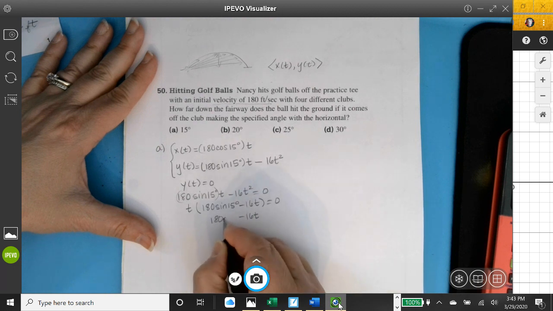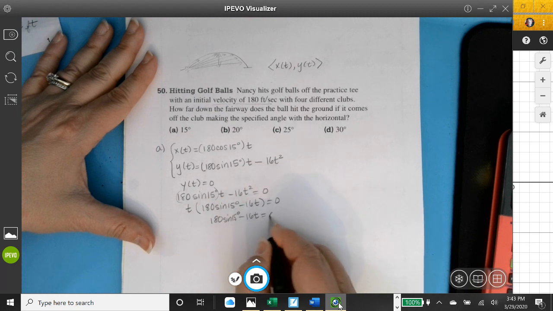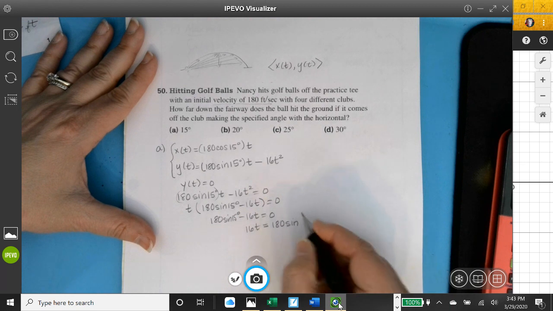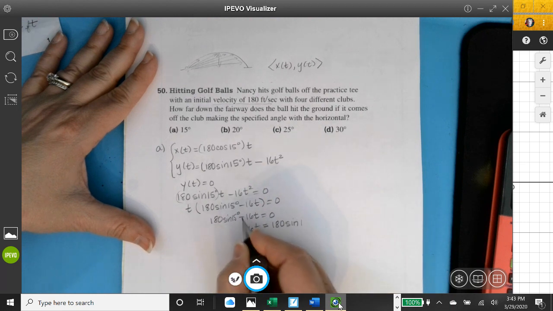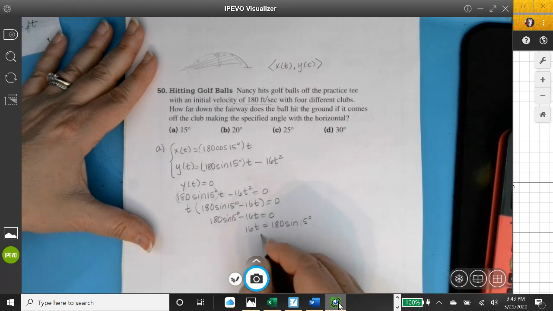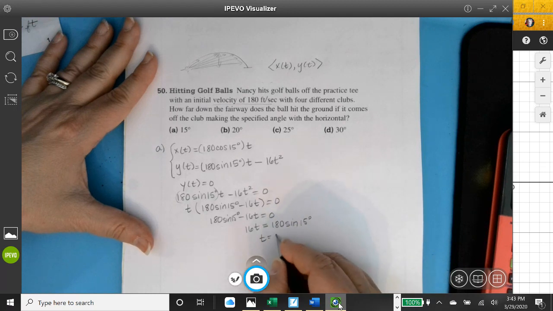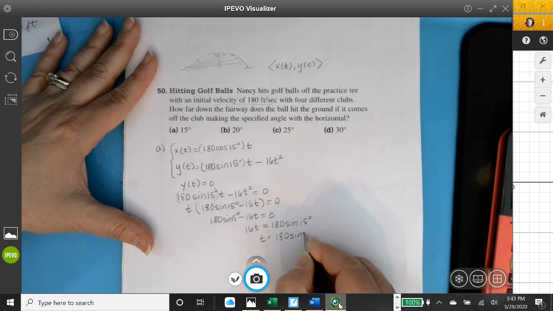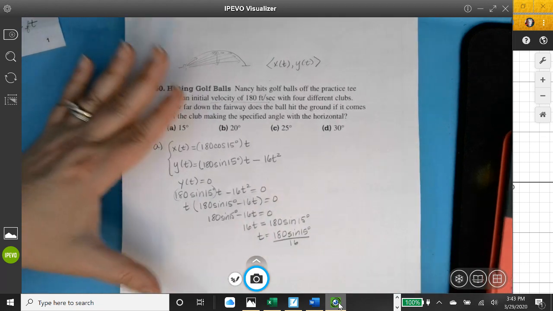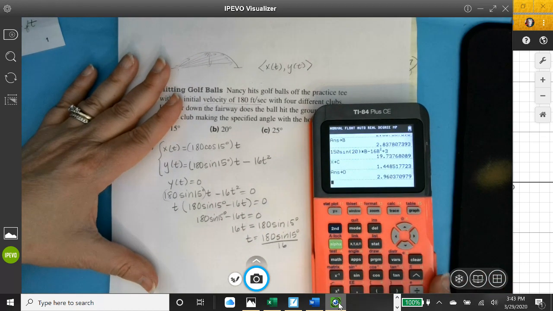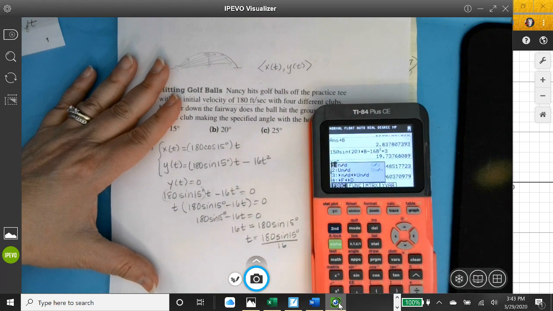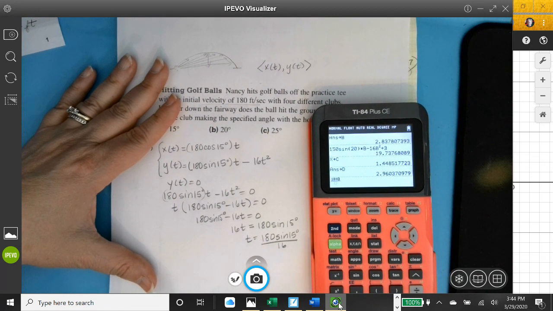I'm sorry, I'm solving it in my head, forgive me. So we get 16t equals 180 sine of 15, because I'm moving this over. So t equals, did I do that right? Yeah, I think so. All right, 180 sine of 15 degrees over 16. I just had a mental moment there. All right, so what are we going to do on our calculator? I'm going to do alpha y equals, gives me the fraction, 180 times the sine of 15 degrees divided by 16, gives me